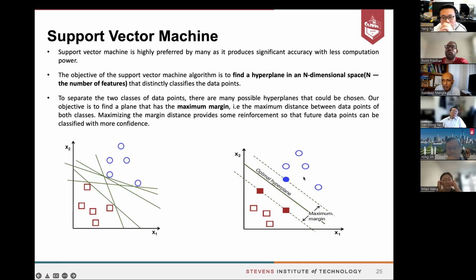When we go to 3 dimensions, 4 dimensions, visualizing our data will be difficult. So how to choose this optimal hyperplane? Again, the larger the margin between the 2 classes, the better the hyperplane, so that if the point is somewhere here, we can classify it into the class with the blue label, and if the data point is here, we can label it with the red point.